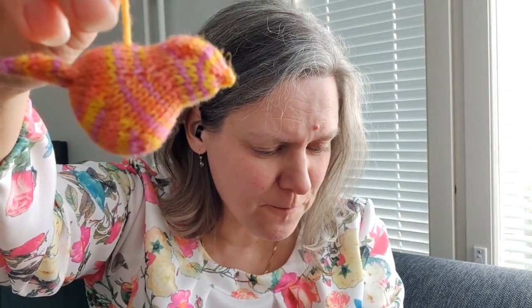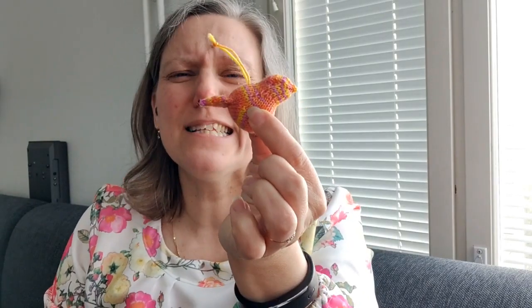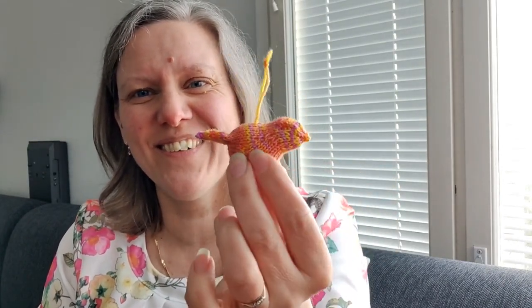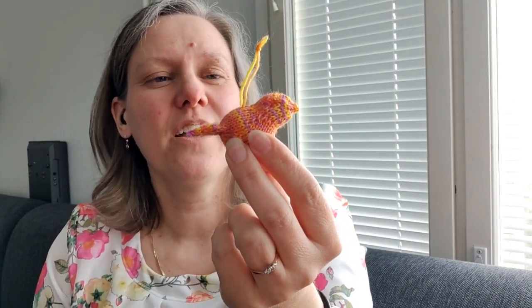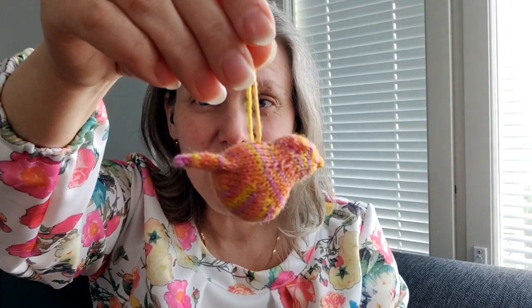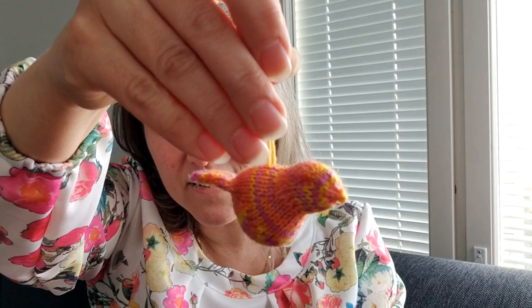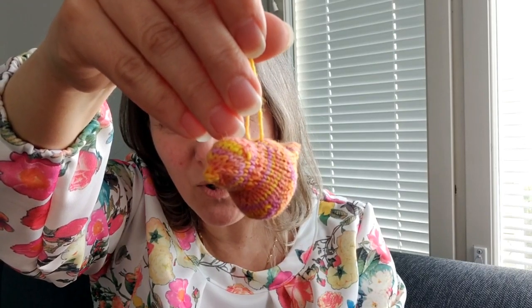that's US size 1.5. And the original pattern uses worsted weight yarn. So this one is a little fiddly to knit, but it's possible, and it's super cute. I'll have my daughter make the teacher a card, and then we'll attach this one to the card, and I'm sure somebody from the school will go and pay a visit to the mother and the baby once it's born, he or she is born. Yeah, this is a really, really small project,